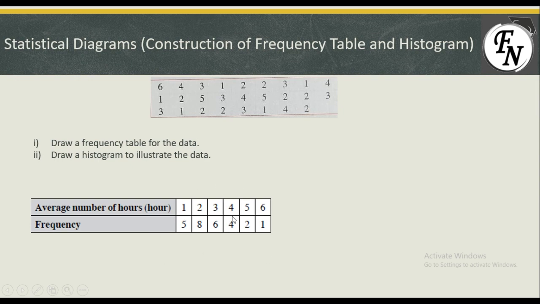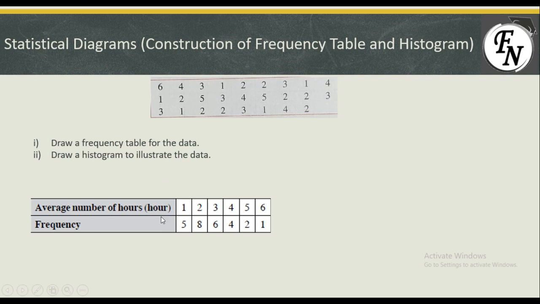This frequency table helps us understand that the number 2 has occurred 8 times, and the number 4 has occurred 4 times. Most of the teachers are taking 2 hours, as 8 teachers take 2 hours to mark their assignments, and the least is one teacher taking 6 hours. He is taking a lot of time to grade the assignments. So this is how we obtain a frequency table.